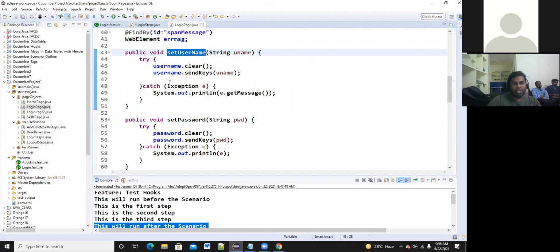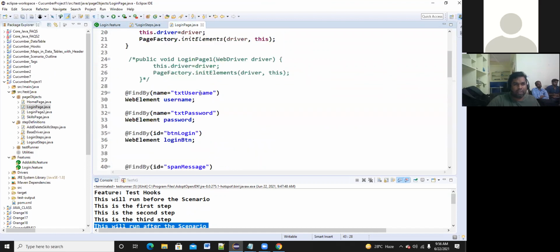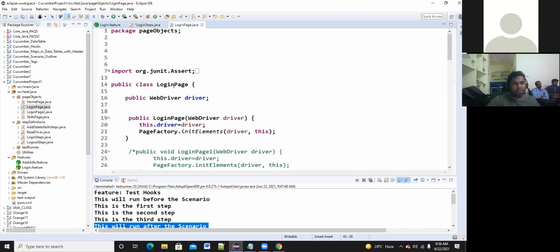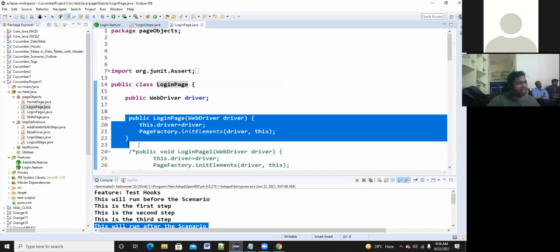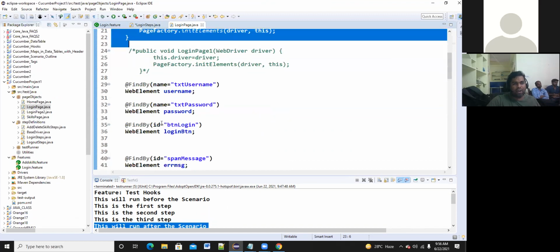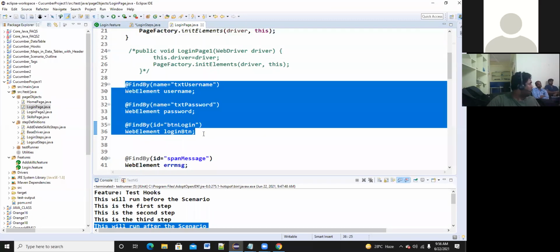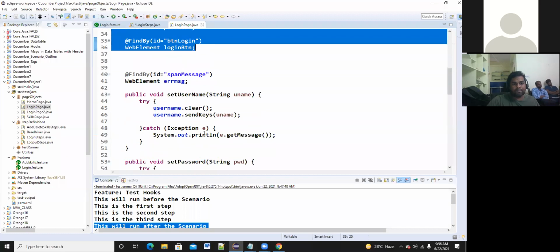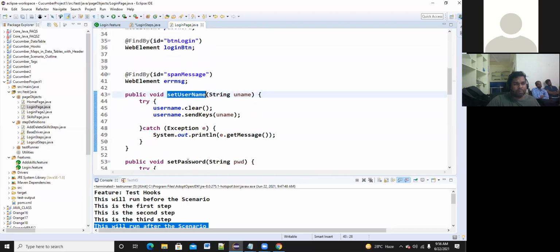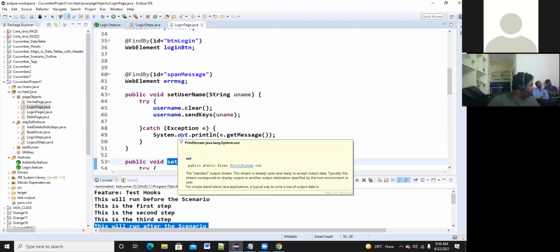If you go here, the login page has been written like this: public class LoginPage, and the page factory model we have discussed already. I have written all the @FindBy annotation tags. Don't write multiple methods for every field, like setUsername and setPassword. Just write a simple login method: username.sendKeys, password.sendKeys, and loginButton.click.